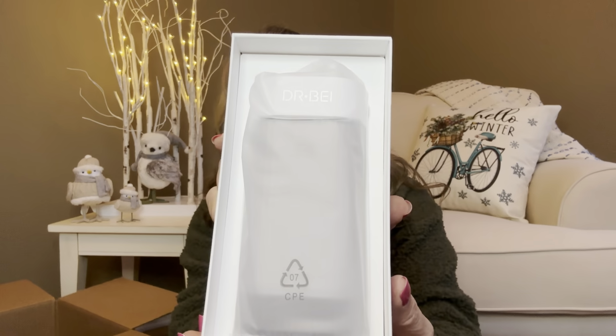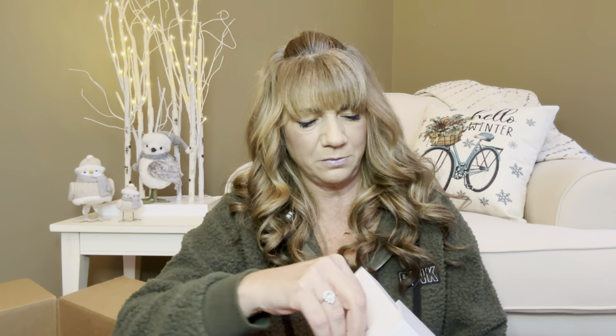So this is the packaging. It was completely factory sealed. And then, let's see here. So it comes out. There's a little plastic thing in here. I'm just kind of curious to see what's underneath this here. And I'm pulling this out. So we have this box, and then we have our little thing right here. And inside this box here, we have